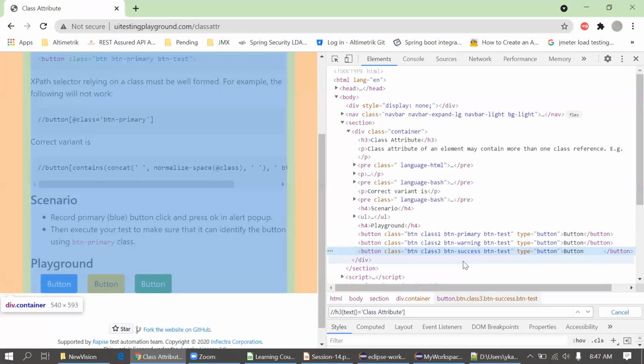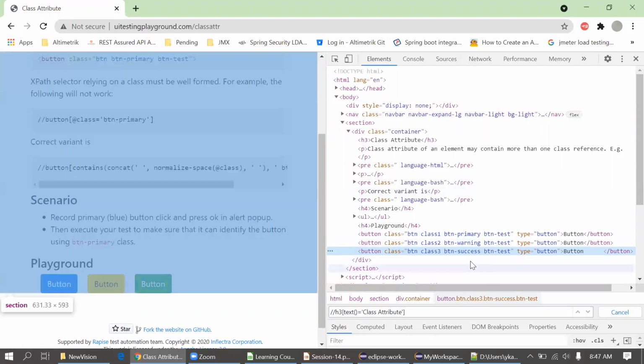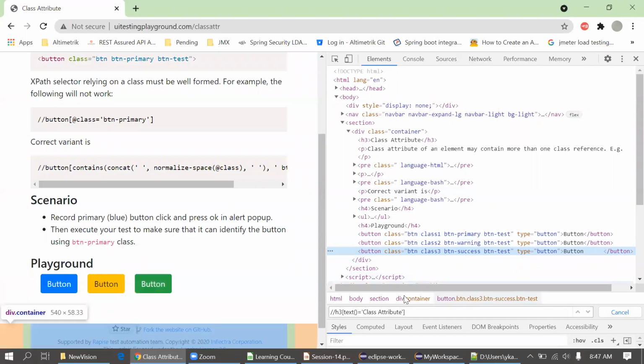Okay. So in this case, either we have to decide if you want to click on the first button, second button, third button, so we can just identify by using class name, class 1, class 2, class 3. Or simply if you want to go with the color, we should know that for primary there is a blue color, for warning there is a yellow color, and for success there is a green color. So now we will try with the color. Suppose you want to click on the green button, so we will just create an XPath having the success keyword in that XPath.